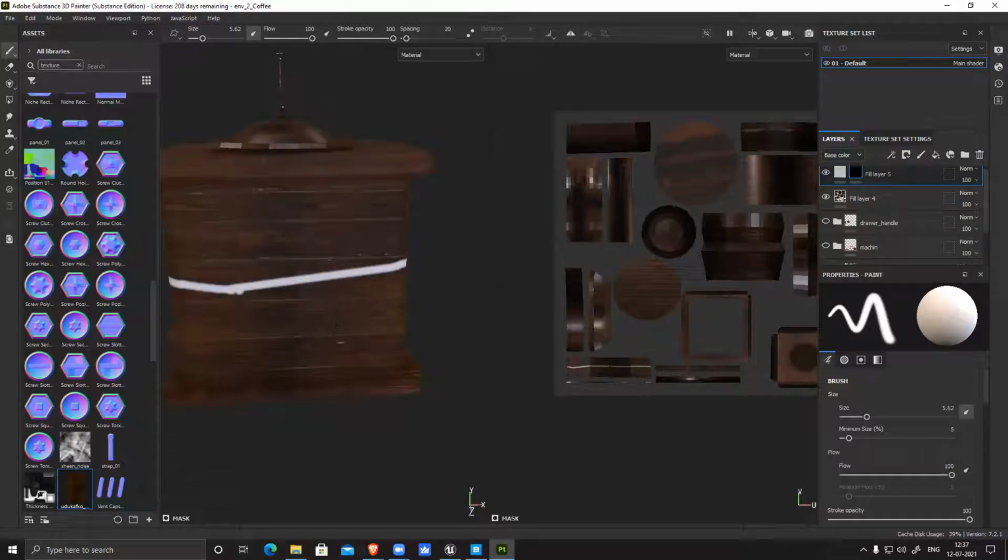Like this is correct, this is not wrong. Yes, the only problem is the size of the UV.